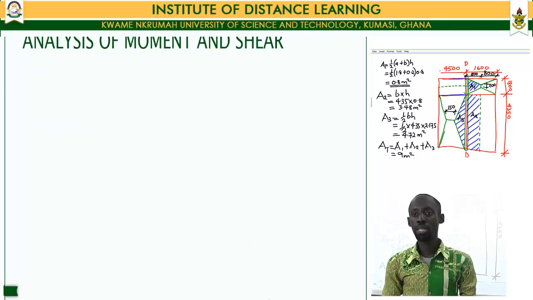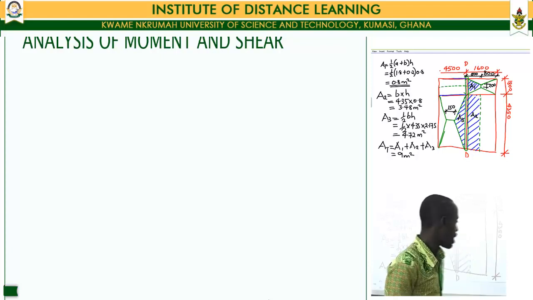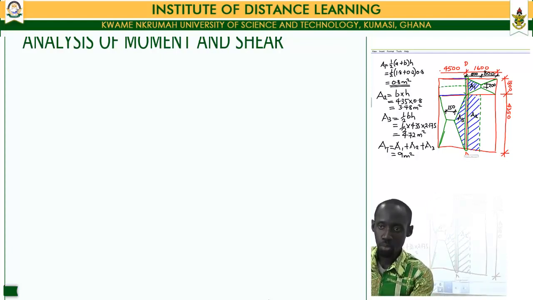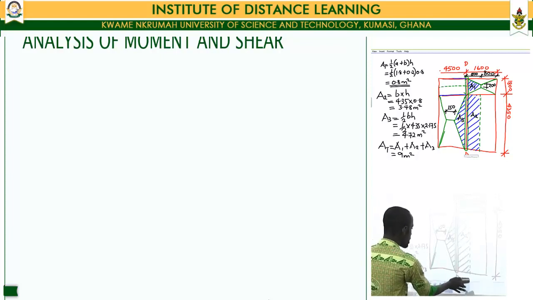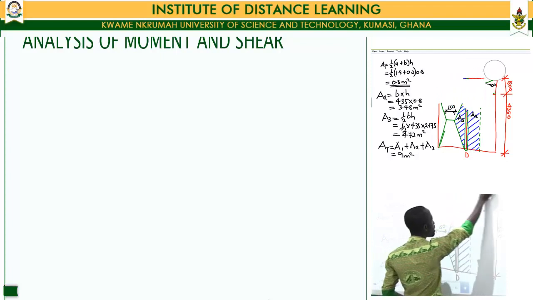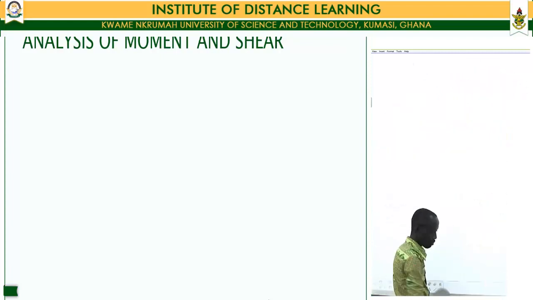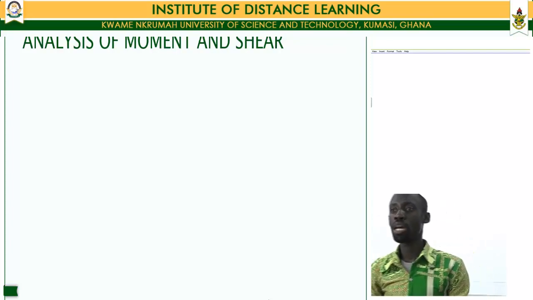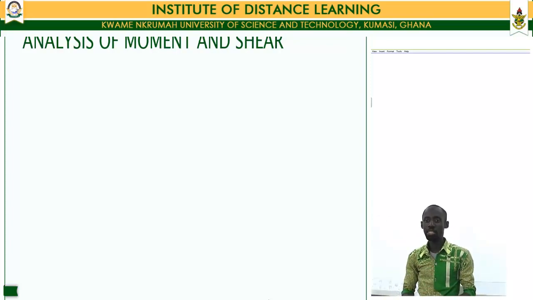Now, having finished with that one, we move ahead and conduct our moment and shear analysis. This would help us determine the amount of moment and shear our beam would have to resist. The amount of moment and shear that our beam section would have to resist is calculated from a table in